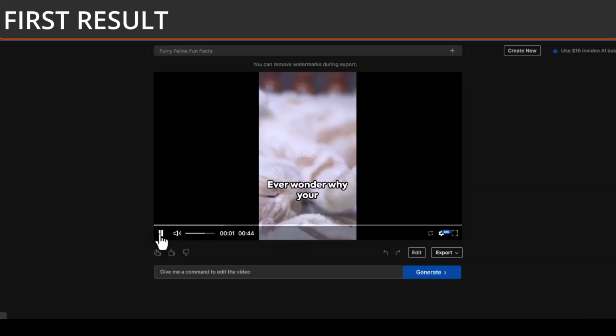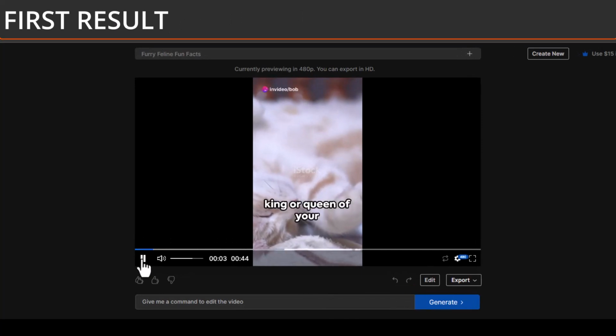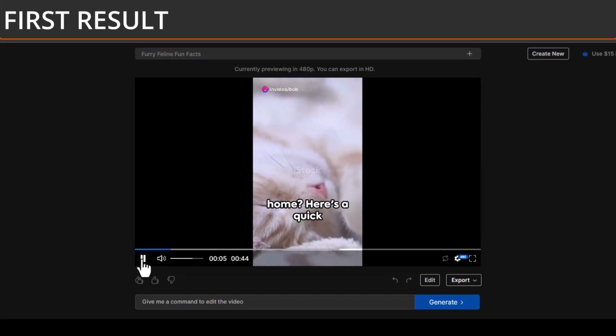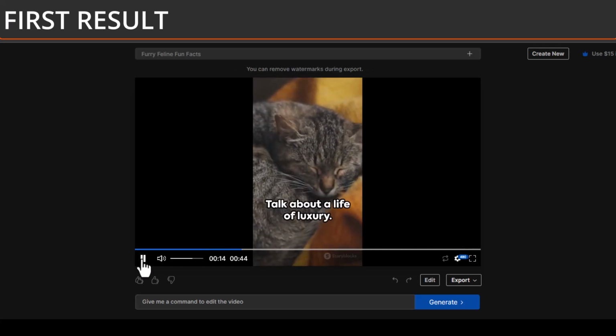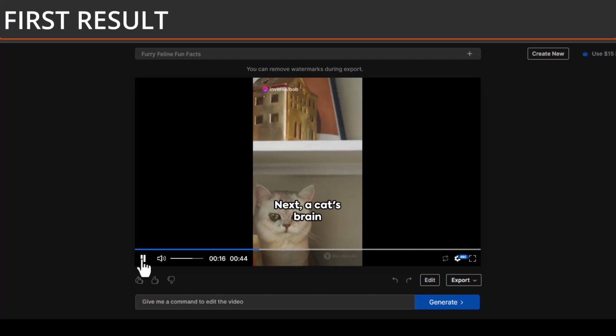Let's check it out. Ever wonder why your cat is the reigning king or queen of your home? Here's a quick rundown of feline facts to explain their royal status. First off, cats sleep for 13 to 14 hours a day. That's more than half their lives. Talk about a life of luxury. Next, a cat's brain is 90%